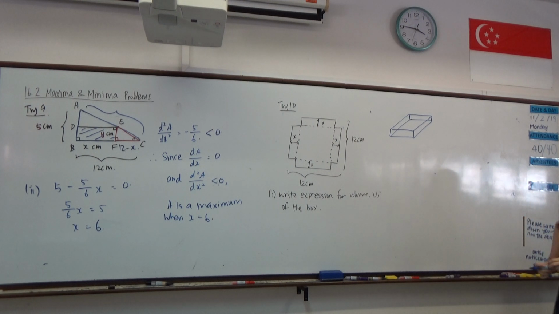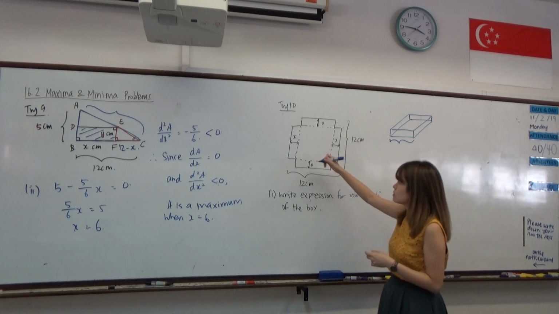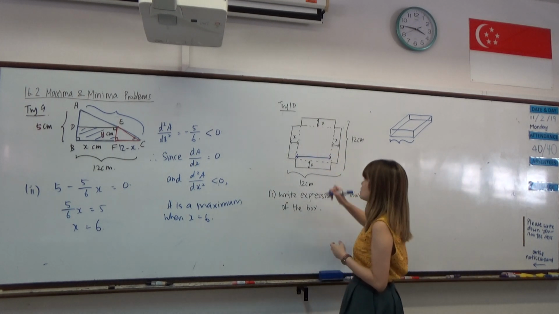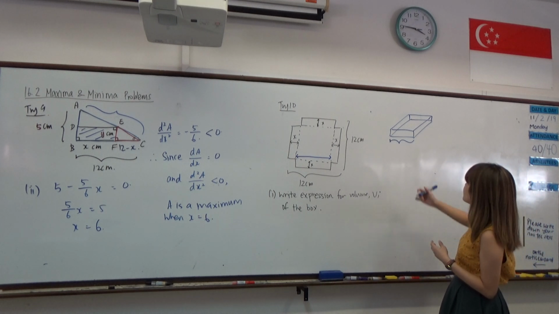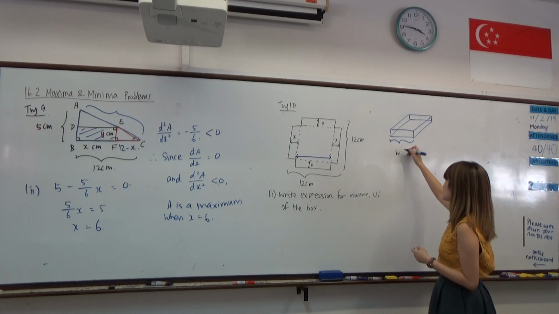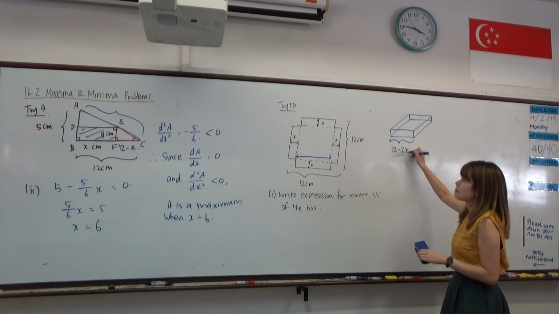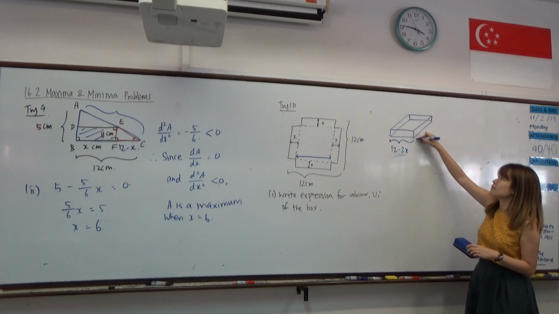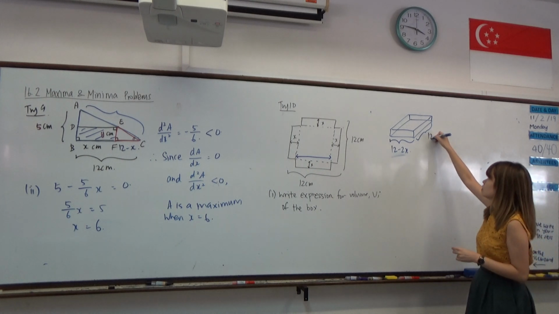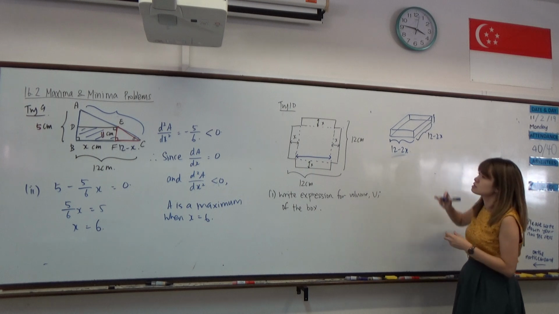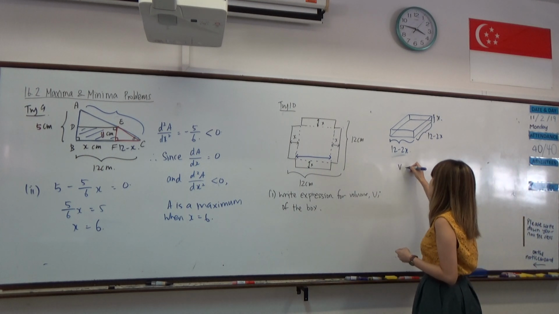Right, so what would the dimensions of this box be? 12 minus 2x. So if I want to find out what's this one, this corresponds to this side, right? So that will be 12 minus 2x. So the length, the base, the width of the box will be 12 minus 2x. Likewise this part over here will also be 12 minus 2x. And then the height of the box will be x cm, right? So therefore the volume will be